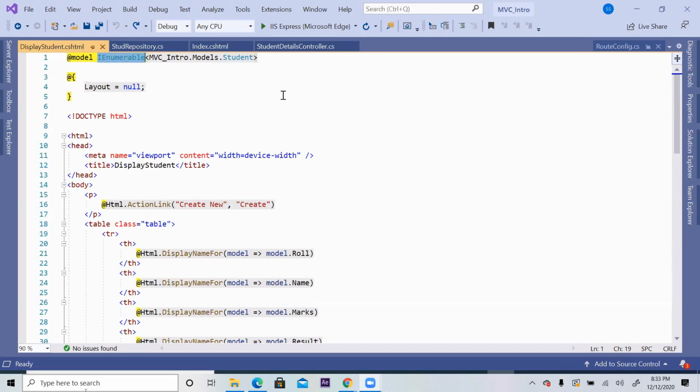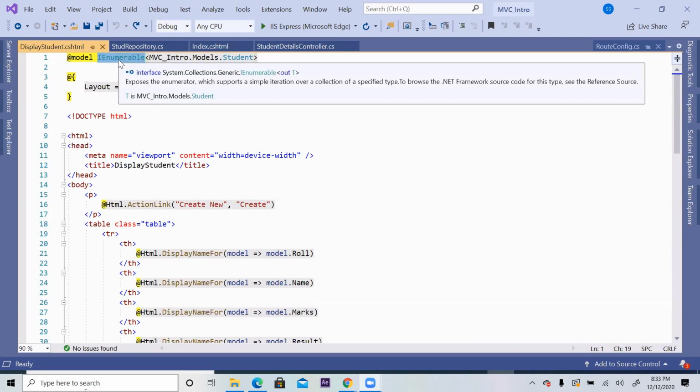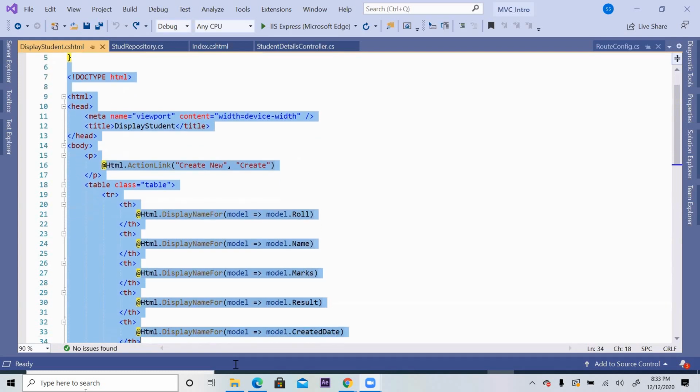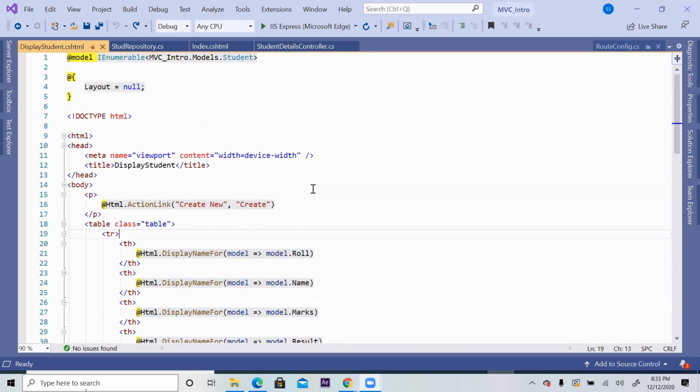If necessary, you can go for List also. The only difference is if you are giving IEnumerable, then only those functions which are there in IEnumerable can be accessible here. That is what abstraction is all about, right? If I am giving List, then all the functions of the List class will be accessible here. So let's go with IEnumerable. You decided the model class name. Layout, as of now, we don't know what is layout, forget it.